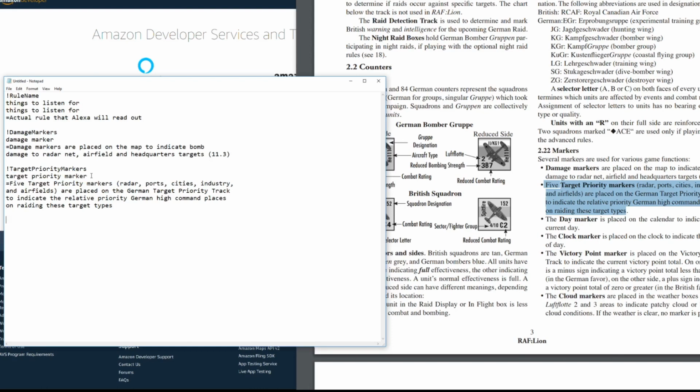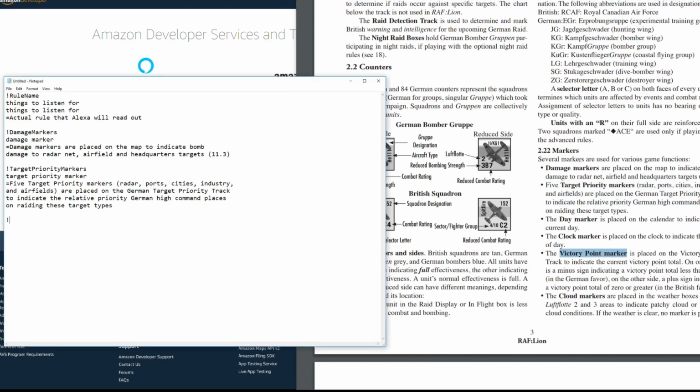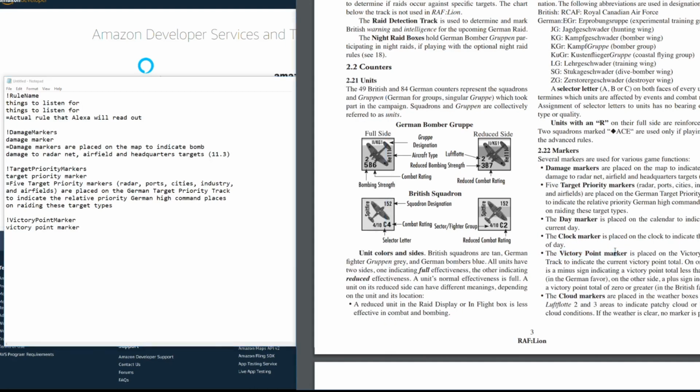Clock marker. No, victory point marker. That'd be great. So let's do victory point marker. One more rule. Sorry if this is taking forever. Victory point marker. Take out my spaces, put some capitals. And let's say if you ask me victory point marker, I'm going to give you this rule.